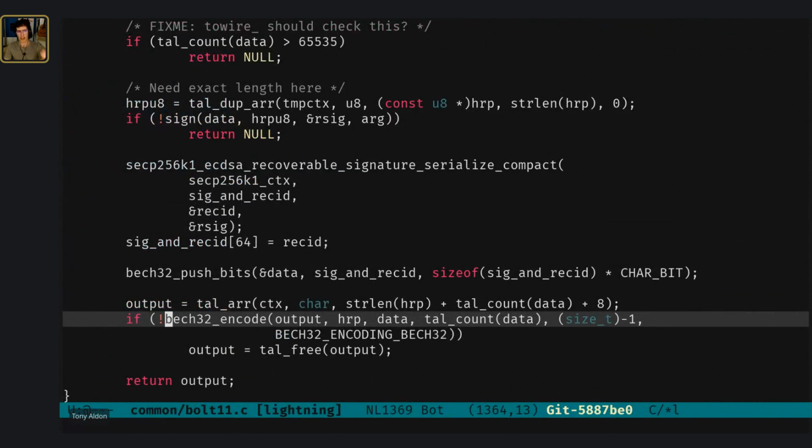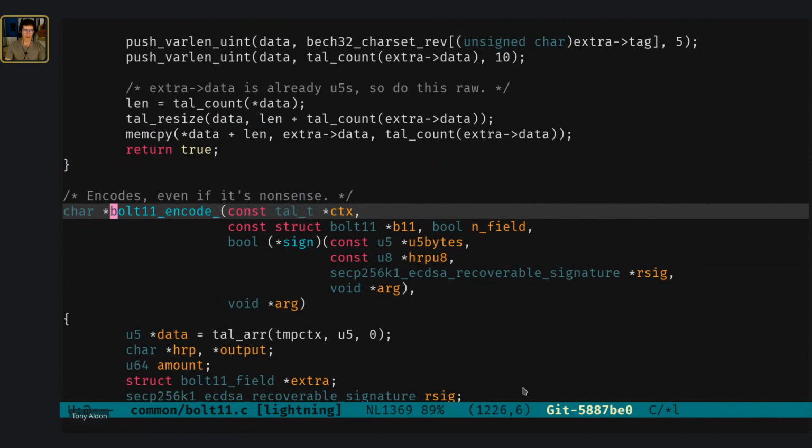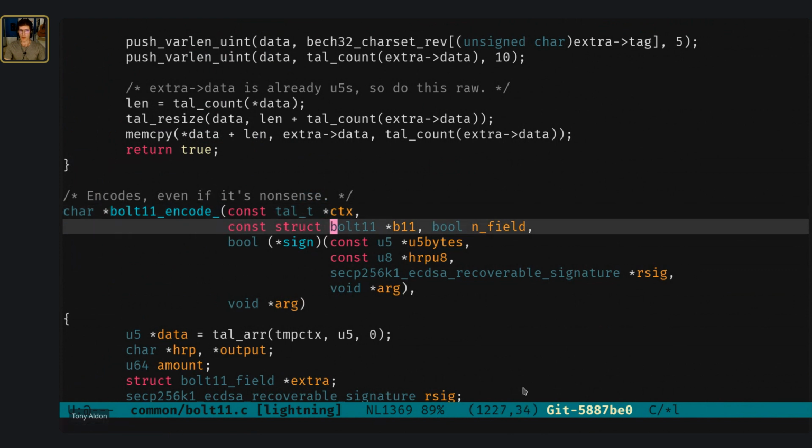So we are in the file command/bolt11.c. You can see that at the bottom line of the screen. So this is where this is used, and we see the name of that function. This is a function bolt11 encode. So at some point, we build some information here in the struct of bolt11. So this is done somewhere, and we just assume that now we want to encode